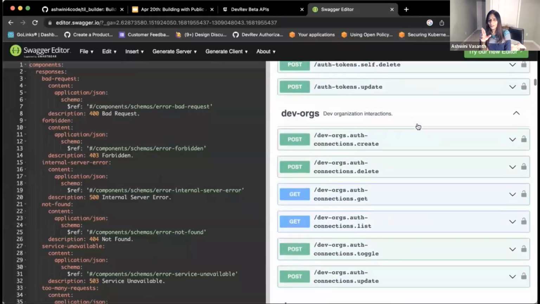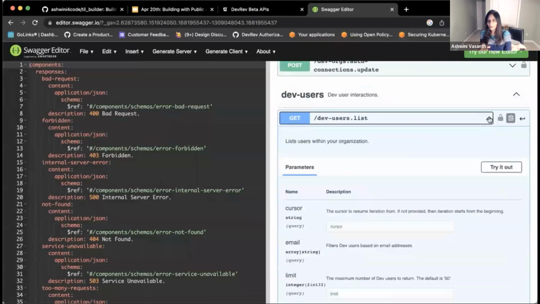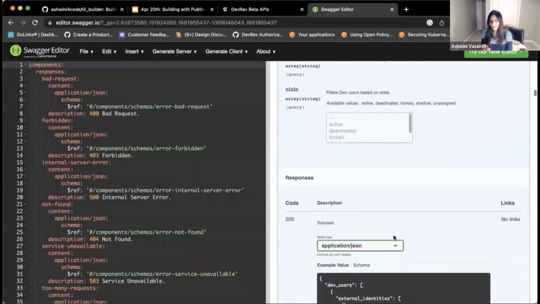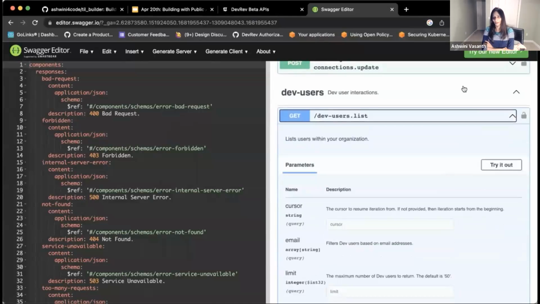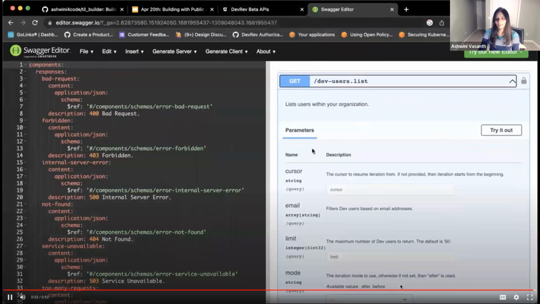And then you can see all of these different things. You can see what is a GET request, what is a POST request. You can see the different parameters, the type of each parameter, and you can even try it out. So it's a great way to play around with APIs and understand what's there. And so that's the link. The Try it on the previous slide actually takes you to this page and you can play around with it.